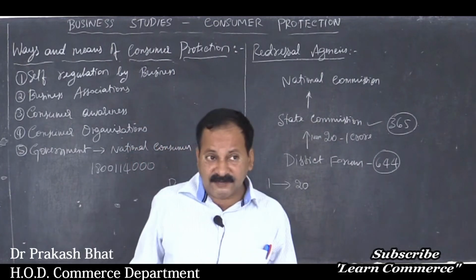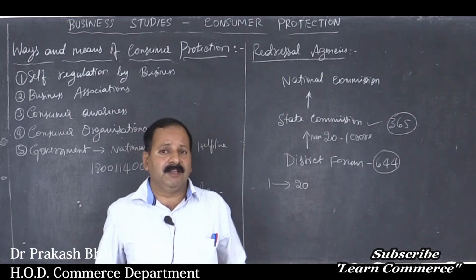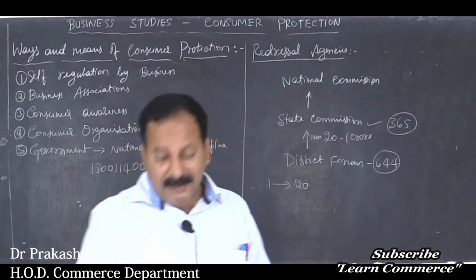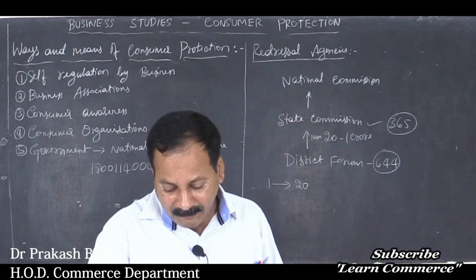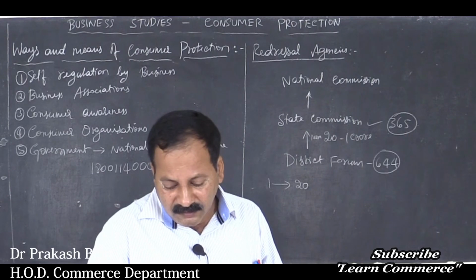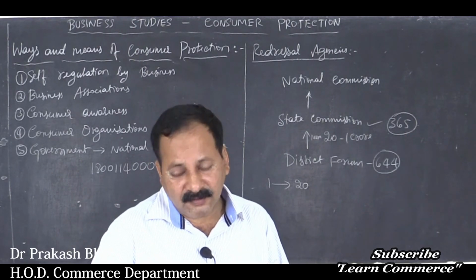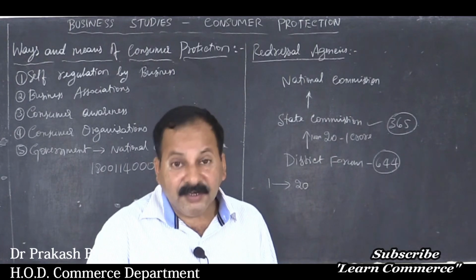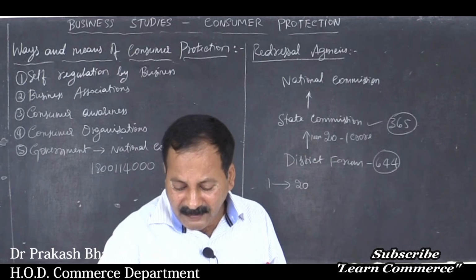Whatever the deficiency is, if substandard goods are supplied, replace the goods with standard goods or superior quality goods. Then replace it with a new one, repair the goods, refund the price paid by the customer,